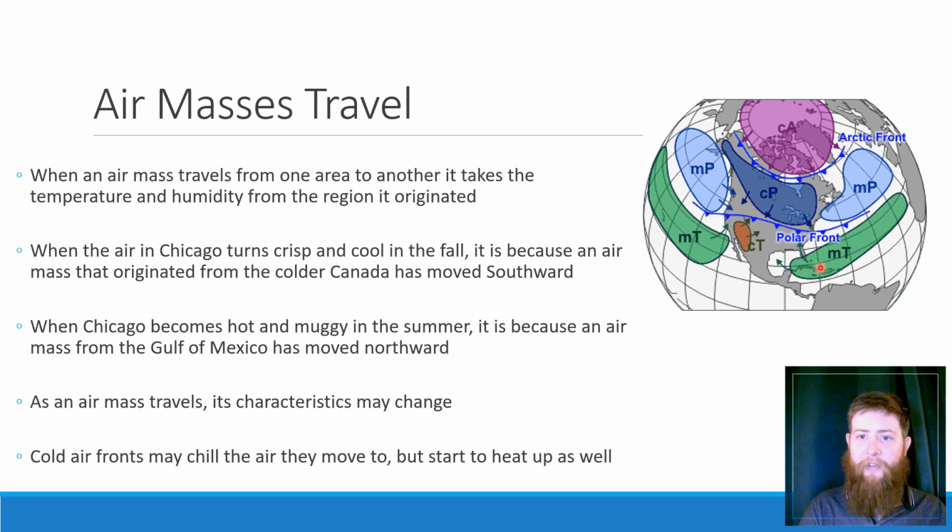Kind of on the flip side, in the summer, where we have this warm air from the Gulf of Mexico, this moves up, and Chicago is now muggy and warm. It has a lot of liquid in it, it's very humid, and it's very warm during the summertime. So as these guys move around, they do change. As the polar masses move south, they heat up and they turn into more of those tropical fronts. And as those tropical fronts move north, they turn colder and turn into cold air fronts. So these guys are constantly changing and kind of battling, doing kind of like a push and pull, almost like a tug of war.